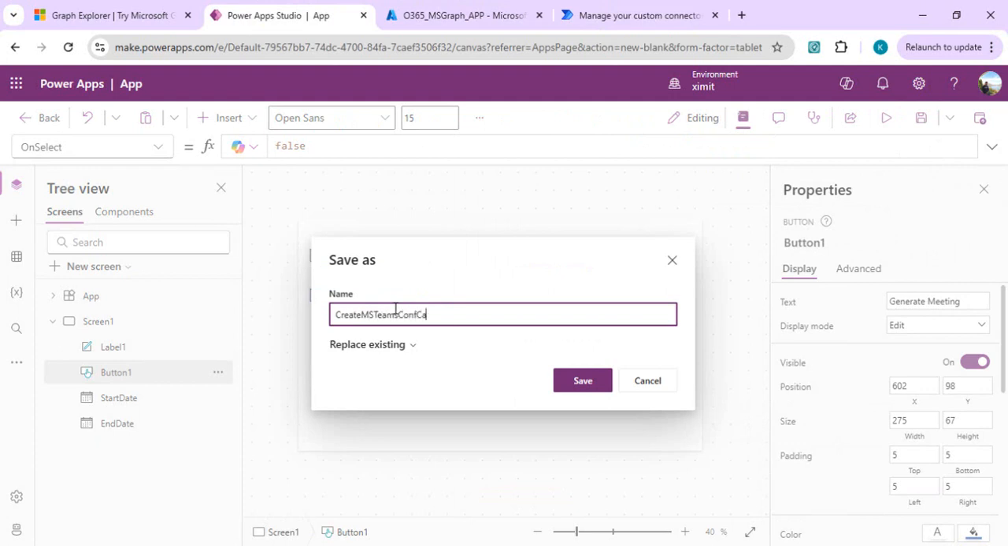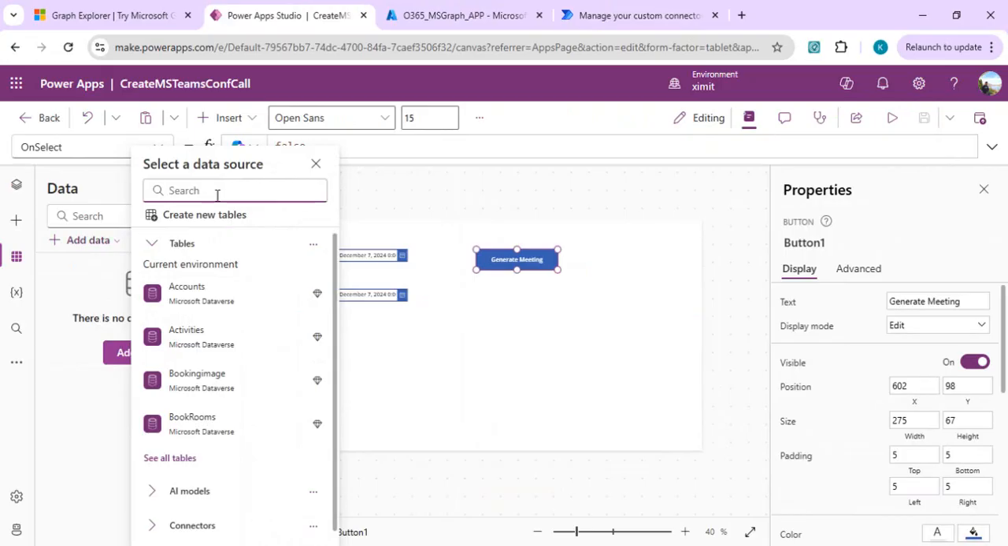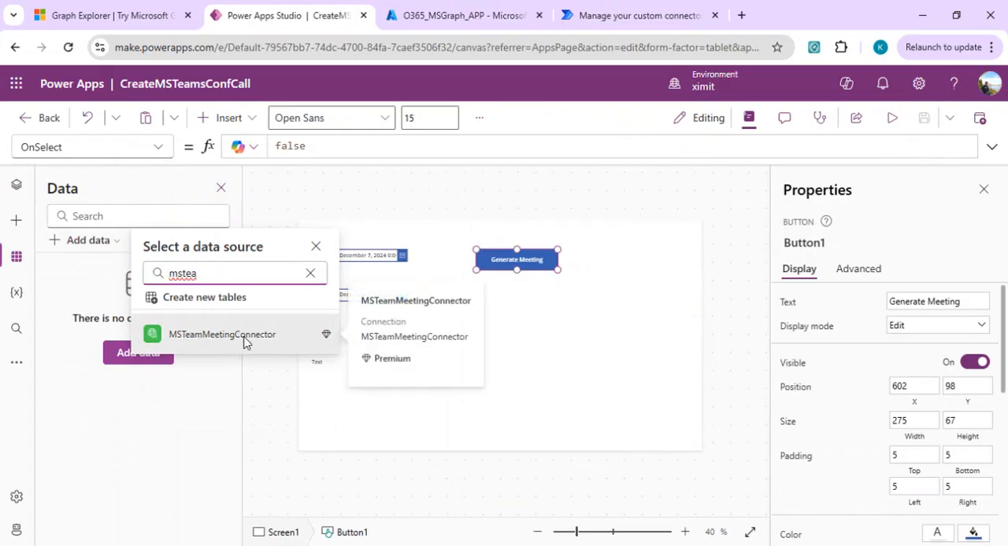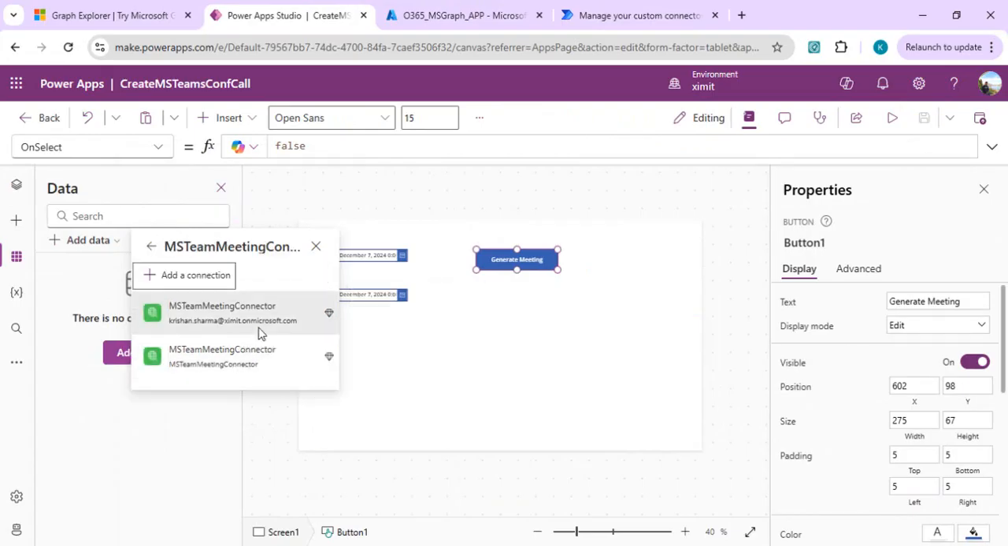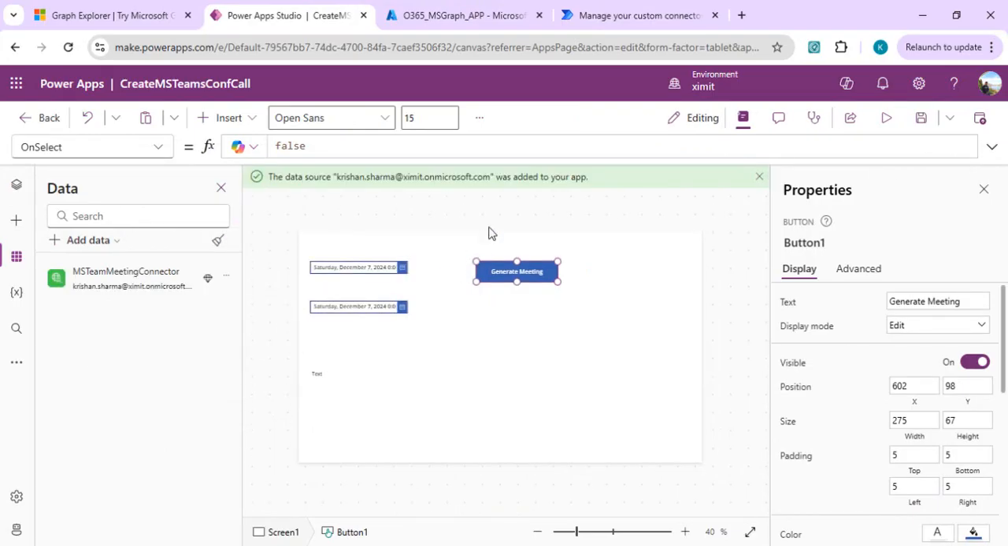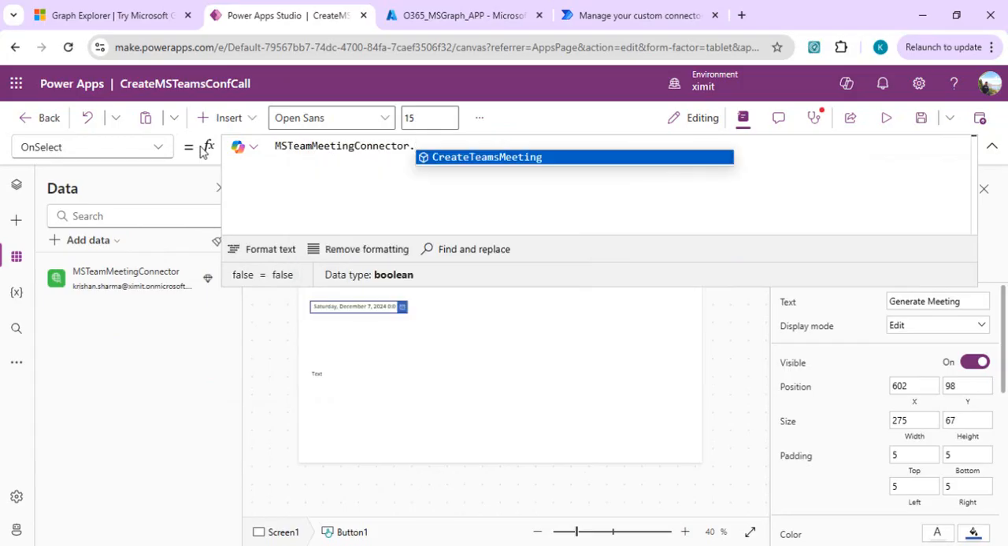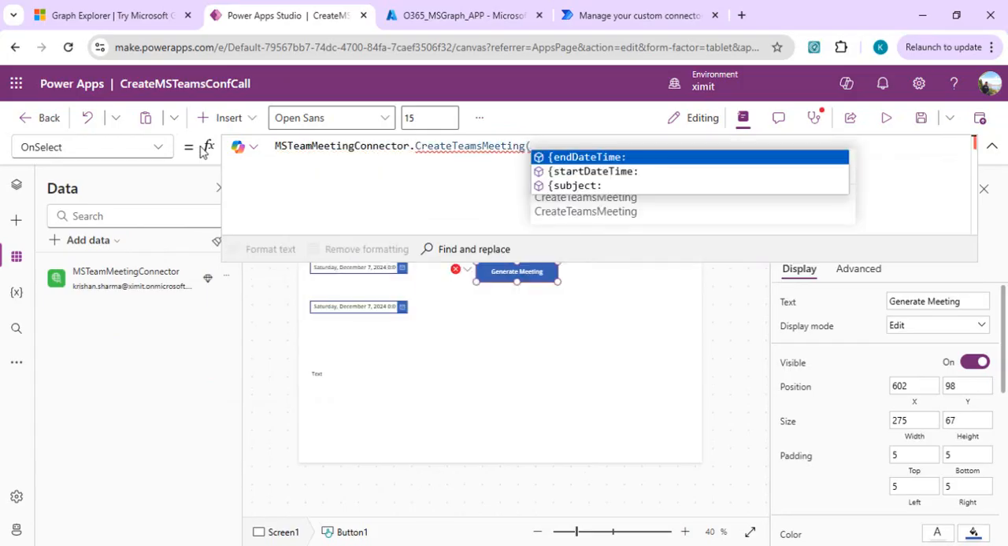Now we will add a data source, and the data source in our case would be the custom connector that we created, the MS Teams custom connector, and we'll pick that. Now as we have this MS Teams connector added, the next thing is we are going to call this method. So I'll just say MS Teams connector dot create meeting, and over here it takes 3 arguments: start date,